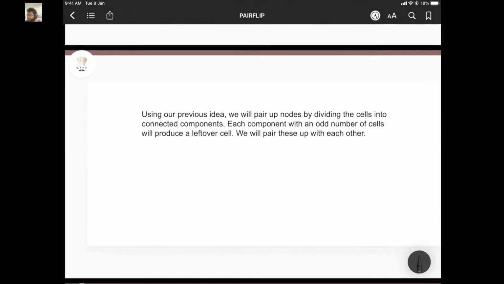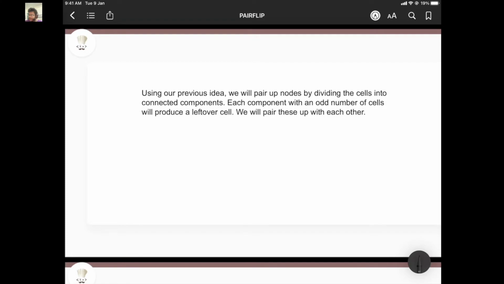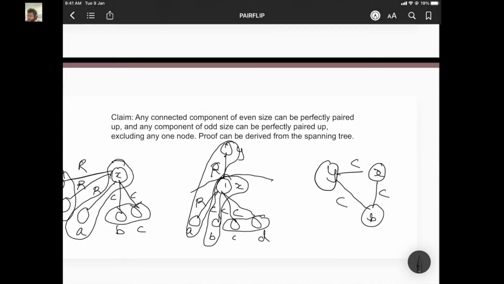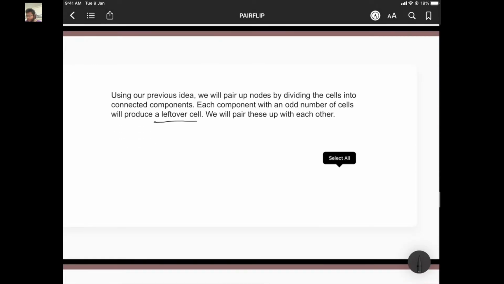Now, each component which has an odd number of cells is leaving one leftover cell, right? As we showed with odd sized components, there's always one leftover cell, right? So like we showed that we'll pass back some node A which will be carried over, so on and so forth, right? So eventually each odd component will leave one leftover cell which cannot be paired up in the same row or in the same column. So let's say there are k such leftover cells. Okay? Now, if k is even,